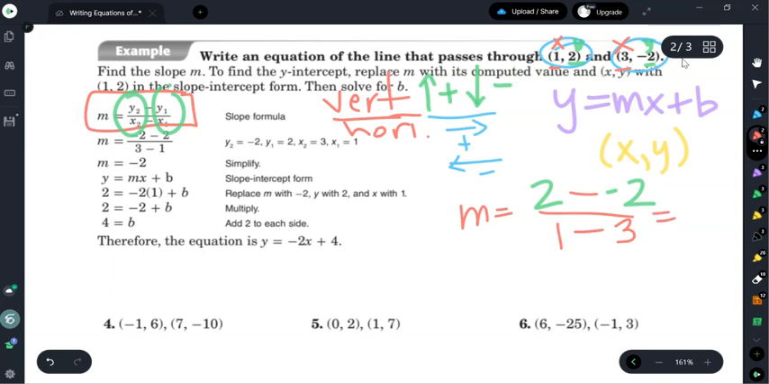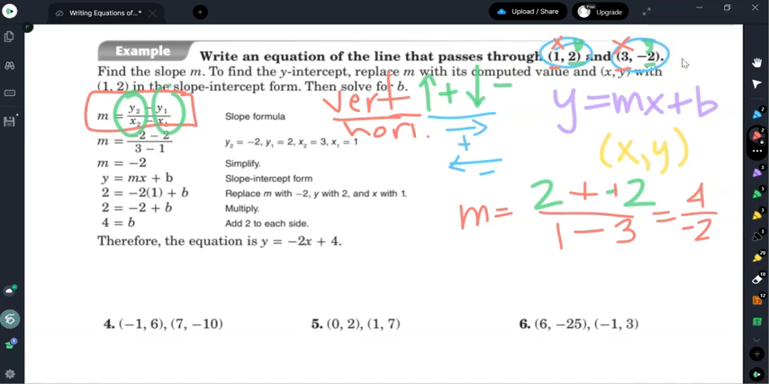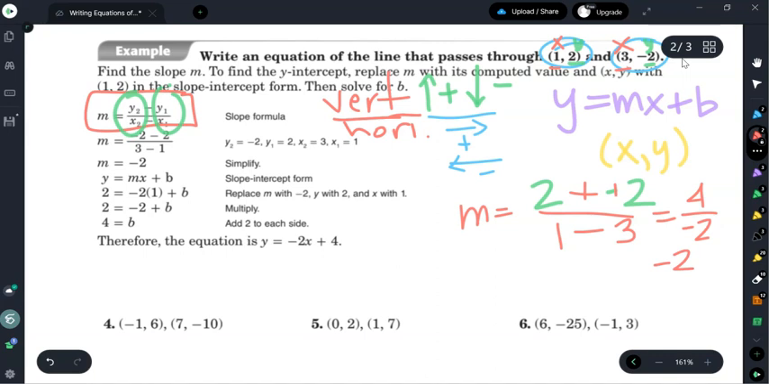So I'm going to come through here. 2 minus a negative becomes a positive. That's 4 on top. And then 1 minus 3 on the bottom is negative 2. And when I work that out and reduce it, I get my slope as negative 2. So m is negative 2. Now,